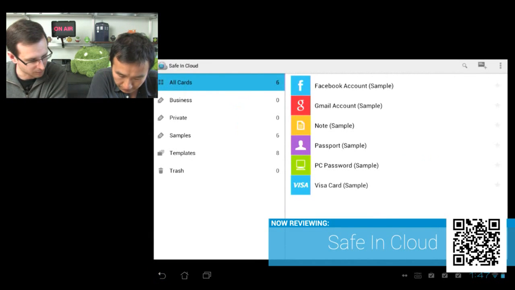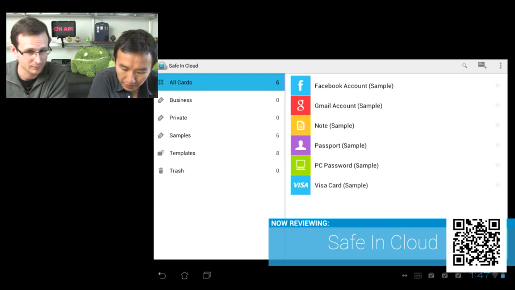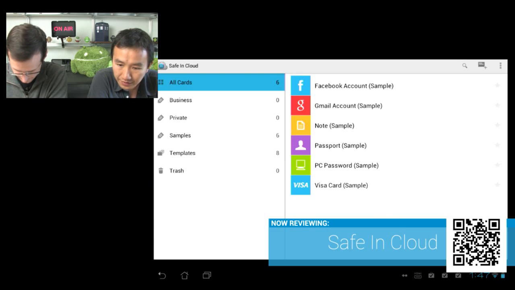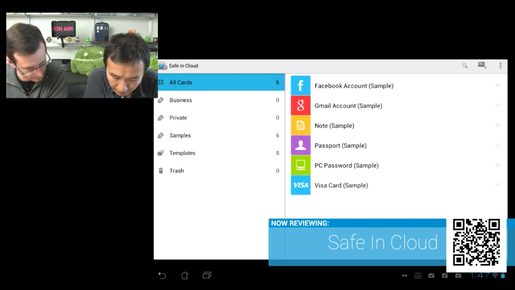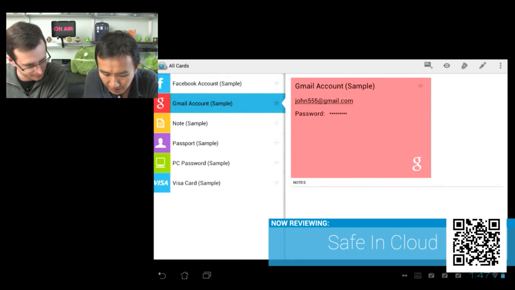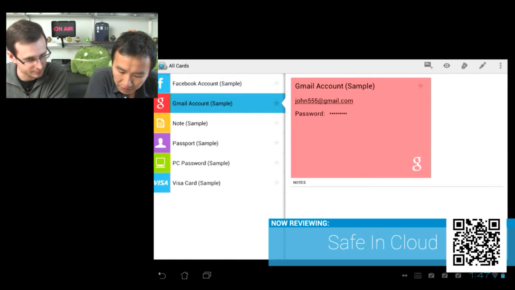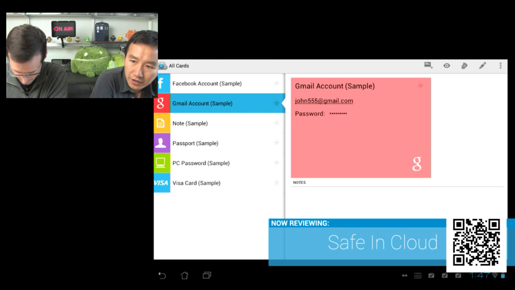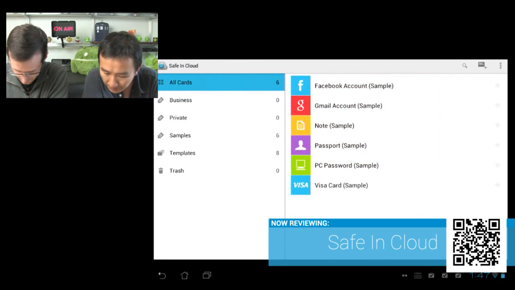So it's a very nice UI with fragments on the left and one on the right with an action bar. Basically, in terms of functionality, it's the same as what we just saw. They've got a bunch of sample credit card and password information seeded already with the app when it comes in. Let's have a look at the